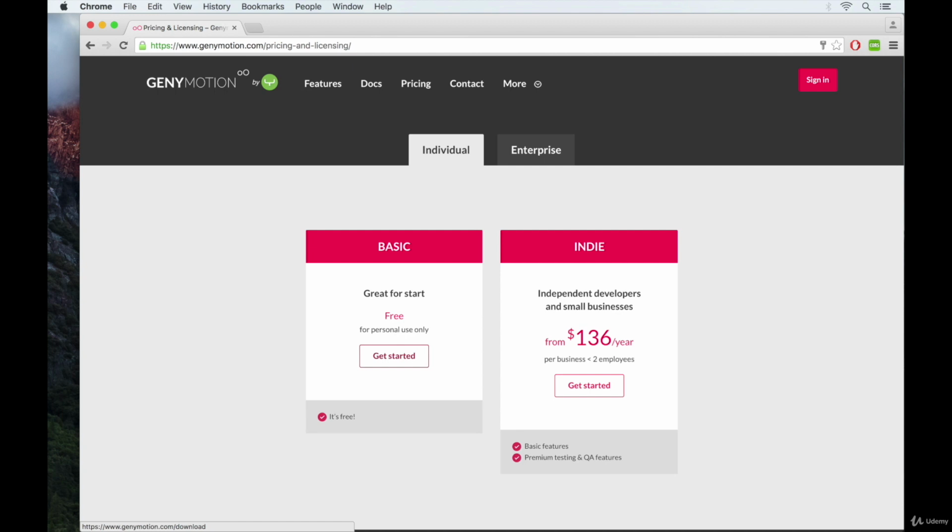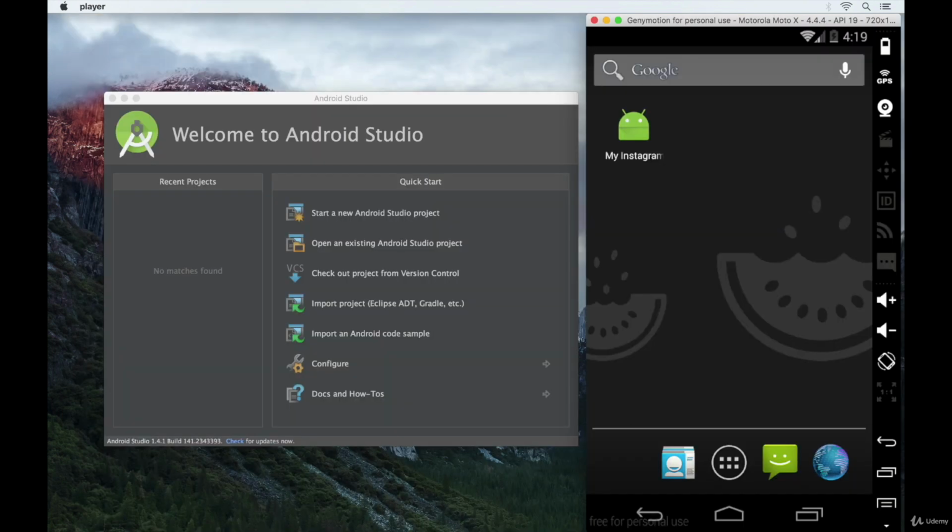I would recommend you to keep them ready and also play around with them just to see what all features they provide. Some of the cool features provided by Genymotion is use of camera, where they have a simulated camera as well as your laptop camera. There is also a setting for GPS. You can set your location anywhere in the world, just do some simulations with location. But we will not be using either of these. But I would still recommend you to go ahead and play with them for the time being and get yourself